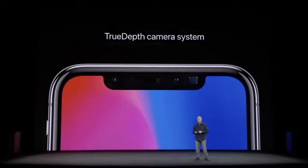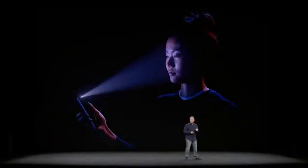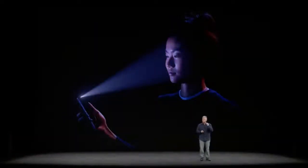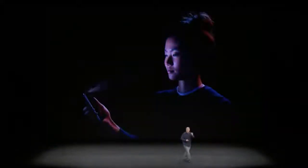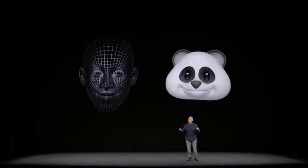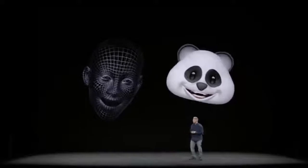So front-facing cameras, both are 7 megapixels, although this one is a Face ID capable device, meaning it can scan your face, a 3D map model of your face can be made, and you can do different things with it, such as unlock your phone with Face ID, pay for certain things with Face ID, or even do Animojis, a new cool little fun trick that the iPhone 10 has. Animate your own emojis using your face. This guy is not capable of that. That means it will not be getting portrait mode either,